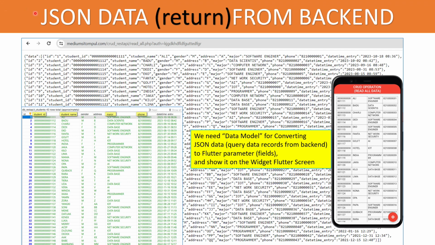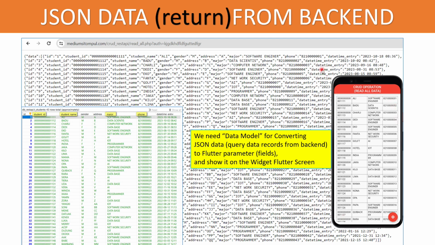This is my simple database. Run the script on the back end, and the result is JSON data. The JSON data comes to Flutter, but on Flutter, before we show the result data on the Flutter table, we must convert this JSON to the parameter and then take some of the fields to use.